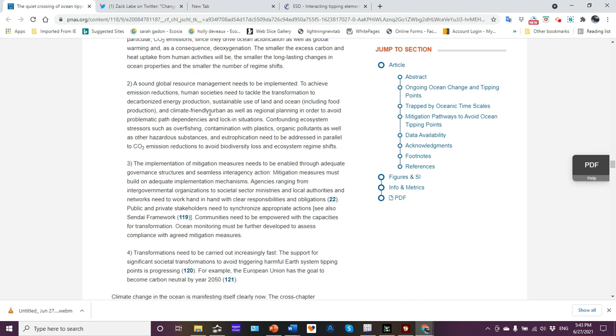Now, they talk about here overfishing. Yes, overfishing is causing severe problems. I've talked with you guys about plastics before, and we know about the pollutants. I mentioned eutrophication earlier. What's something they're not talking about here? Why is there overfishing? There's overfishing because of overpopulation. There are simply too many people on the planet.